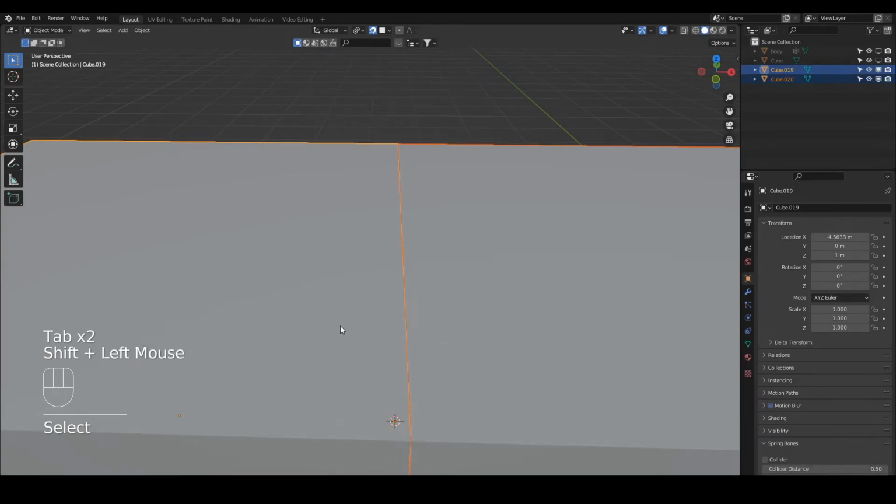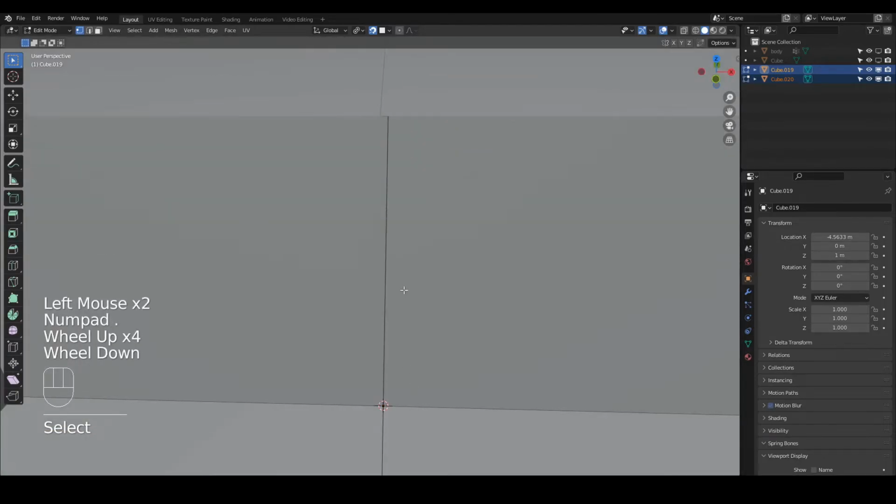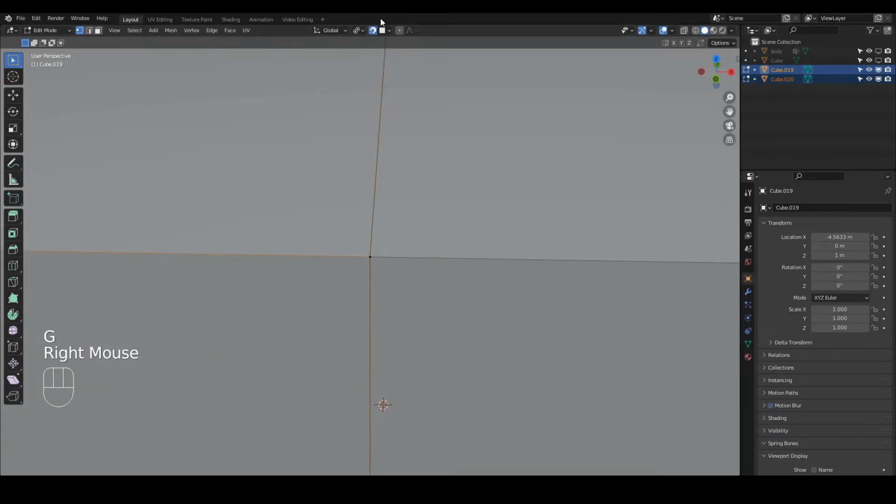Okay, so now these are perfectly 100% next to each other. If I bring them both into edit mode, and let's see if I can find a gap. Yeah, there is no gap there. You can see it's 100%